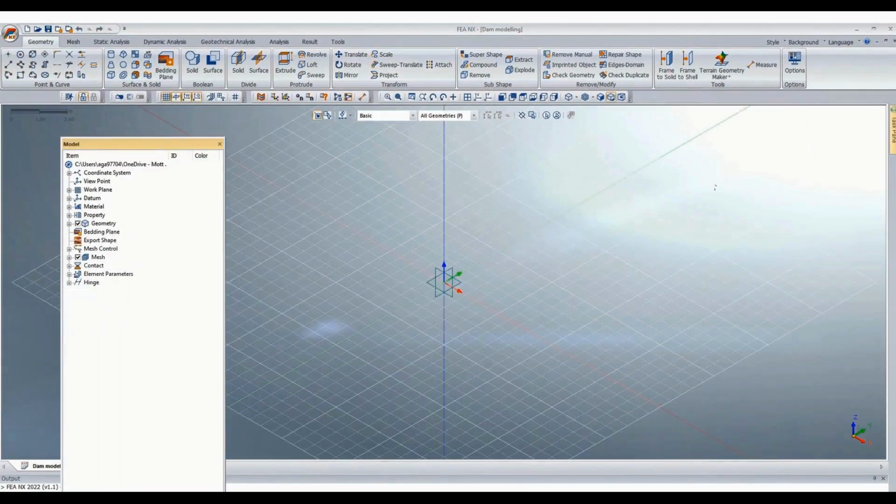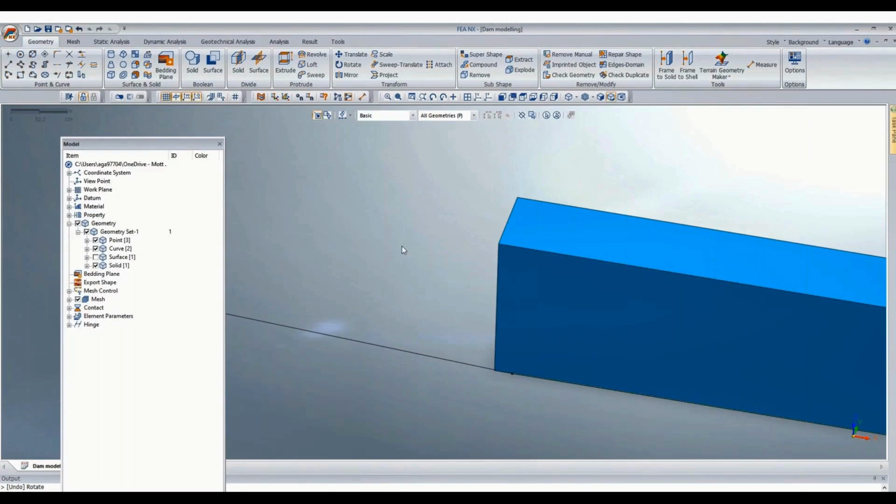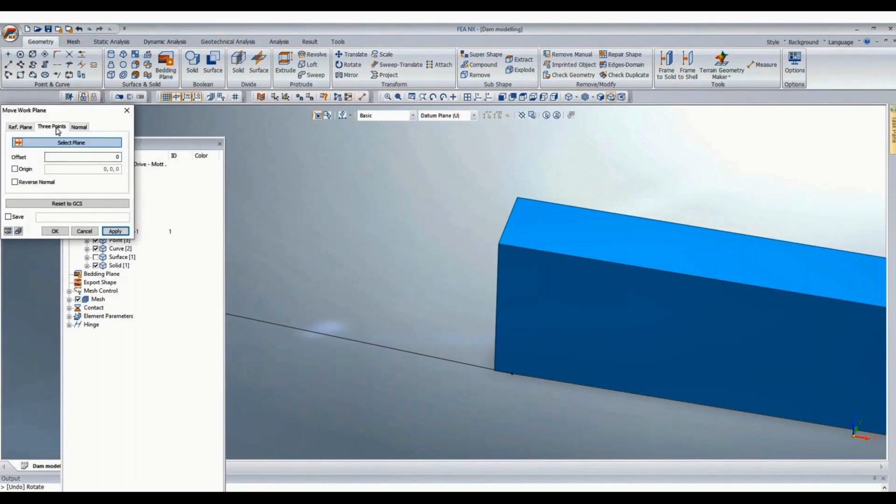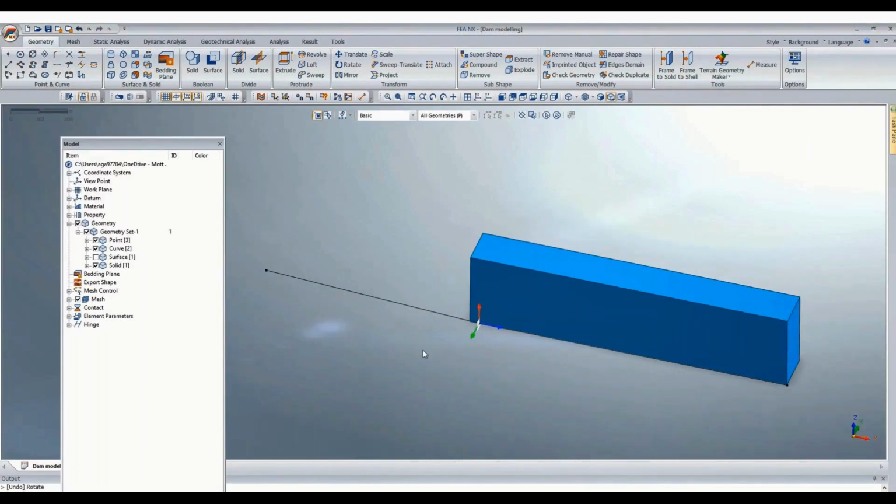We should cut this at this plane first. For that, change the work plane to this axis. Let's say 10. Change Y some axis. Okay, and